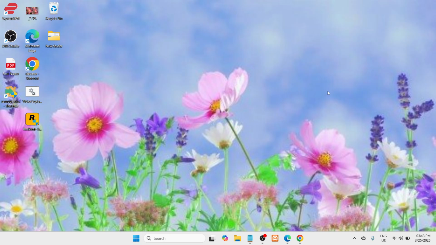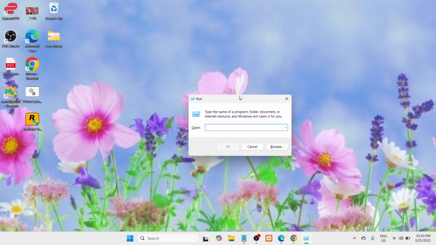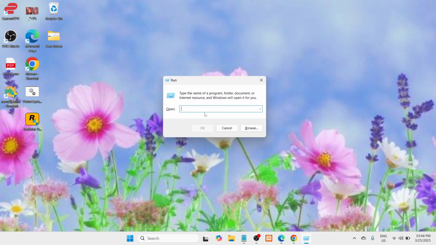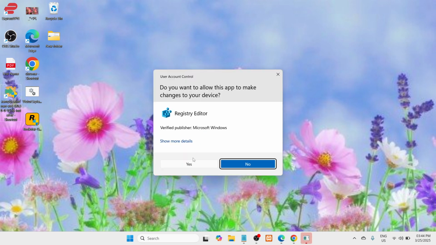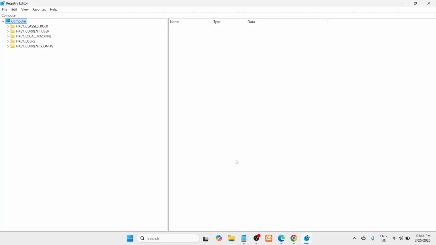The very first step that you need to do is at the keyboard, press Windows key and R key together. And here in the small window called Run, you need to type regedit. The moment you have typed that, click on OK and wait until your user account control asks you to say yes. So proceed with yes so that you would be able to give permission on running this